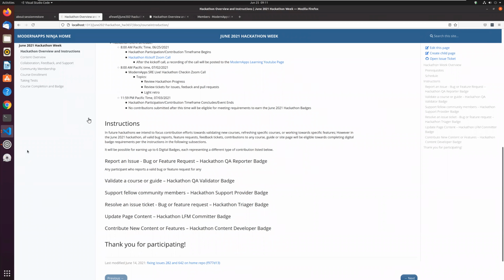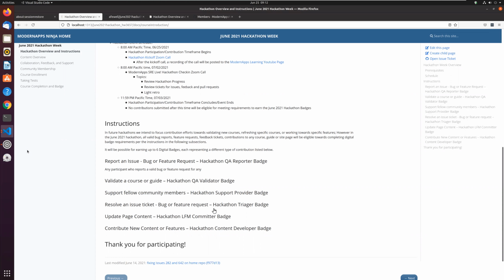The pull request will always be done on that course's repository. But we're asking that when you open an issue ticket, you open those on the home page, at least for the duration of the hackathon, to help us keep an easy track of all the different issue tickets we might have during the hackathon.